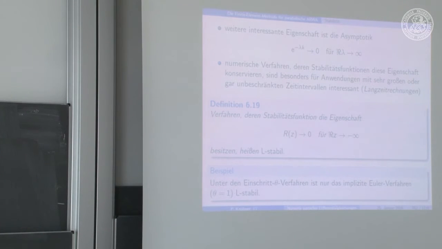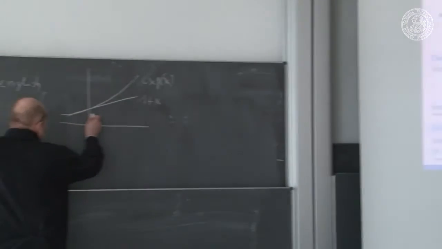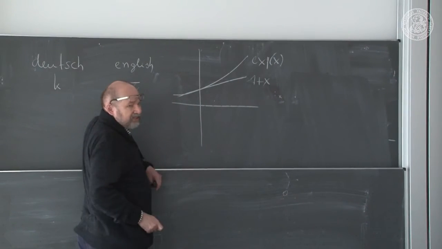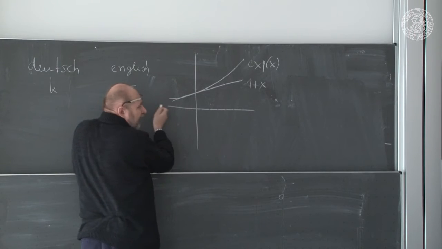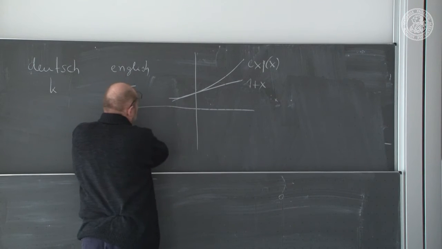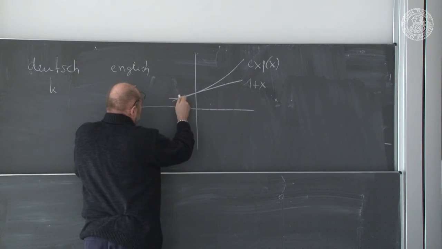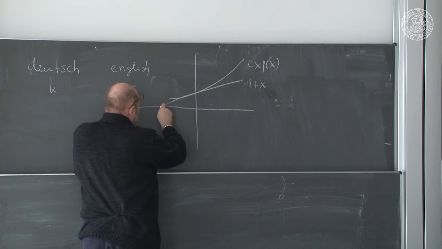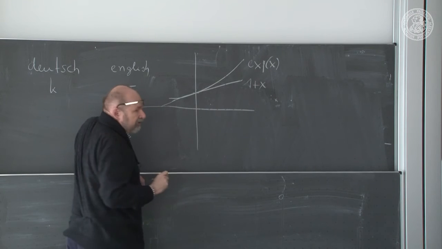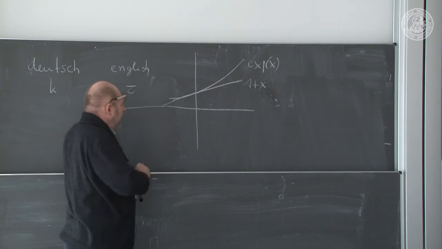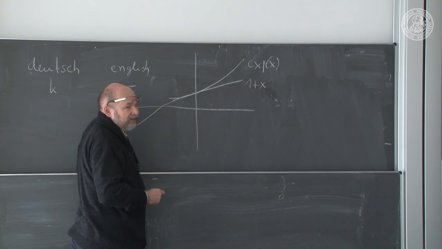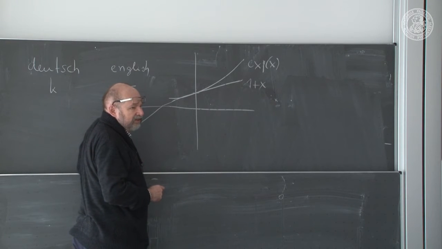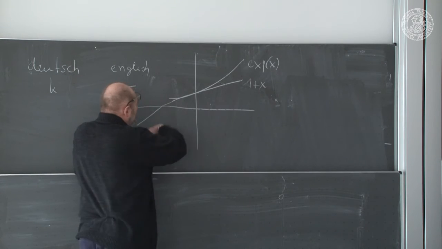Here we see again, of course, that this is not an A stable method, because if we are interested in this half of the behavior of the approximation, we go down. It's okay. Here we're still between 0 and 1. This part is okay. This part is also okay, but then, of course, we are leaving the corresponding domain of